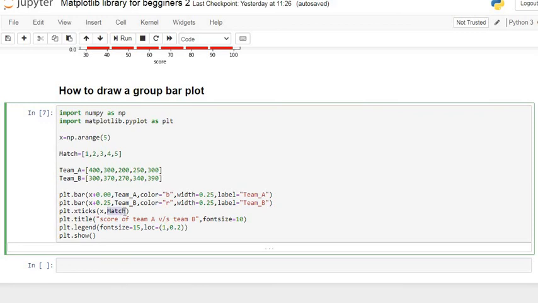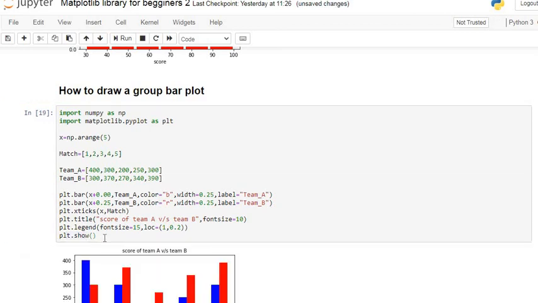After that I am going to give the title to our bar plot, score of team A versus score of team B. For that title I specify font size equals to 10. For the legend, font size is 15, and loc is basically for the location of that legend. And to see our plot, we use the plt.show function.